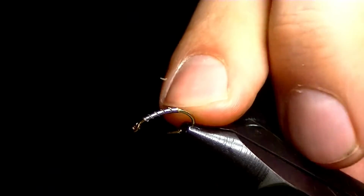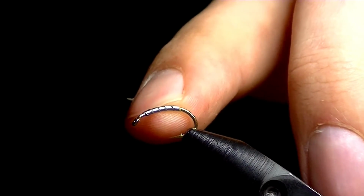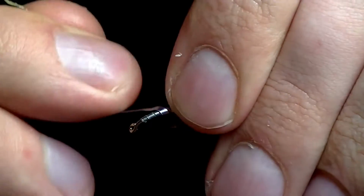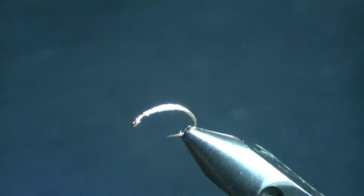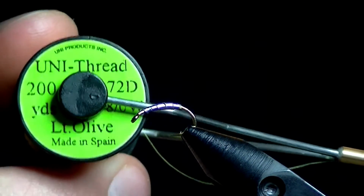Just a little layer right from where it starts to bend, back up right behind the eye. And you want to give it about an eye length or so back behind it, and then you go and do one more right on top of it just to build up the scud shape. That's just about a half a turn back from the first turn, and then ending about 2 turns back from the last few turns. Alright, and then once I've got that on, go ahead and start a Uni 8/0 thread